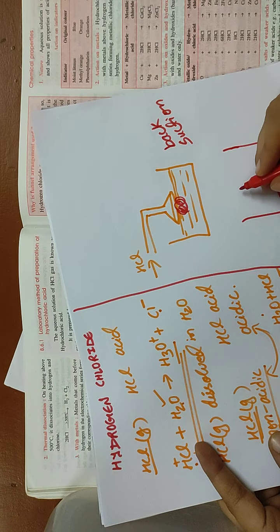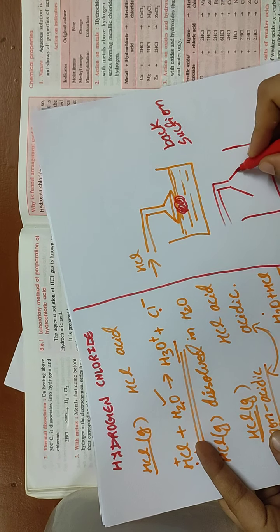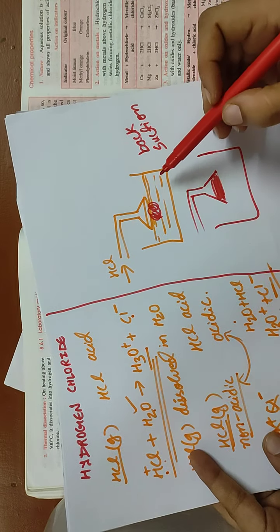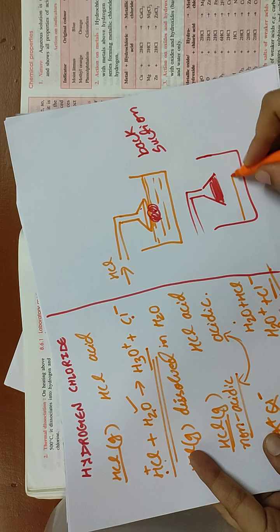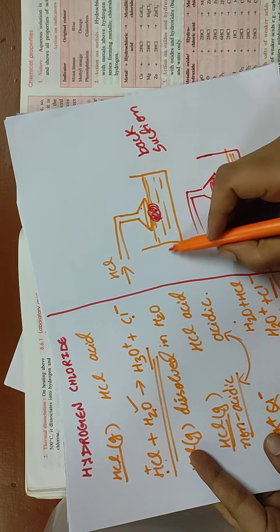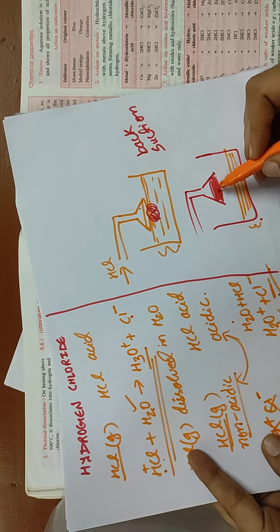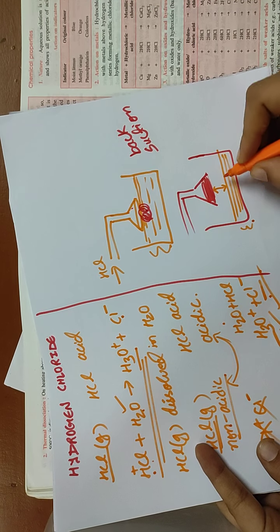So now the new case is, this is the funnel. Here the water has risen to some extent. Because the water has risen up from here to here, the water level here will decrease. As compared to here, the water level here has decreased. Why? Because the water has moved upwards into the funnel. Now you can see here there is a gap.